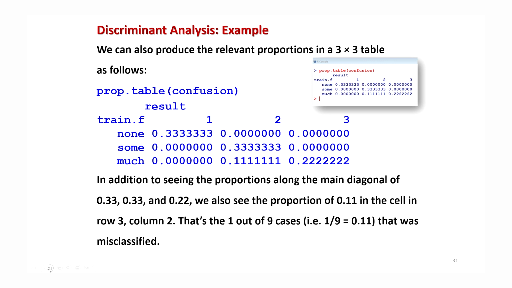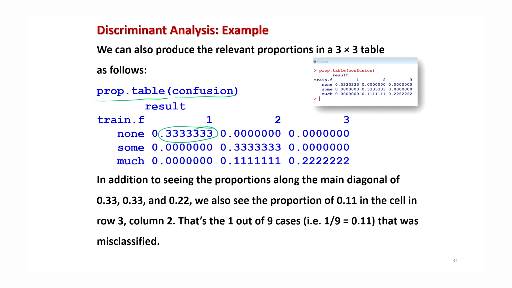The same thing can also be seen in terms of proportion. So this is very simple to create. That is something like a relative frequency type of thing. So this can be created by the command prop.table, that is proportion table of this confusion matrix, right? that we have given the name confusion. So you can see here same data, instead of number, instead of absolute frequency, it is now the relative frequency.